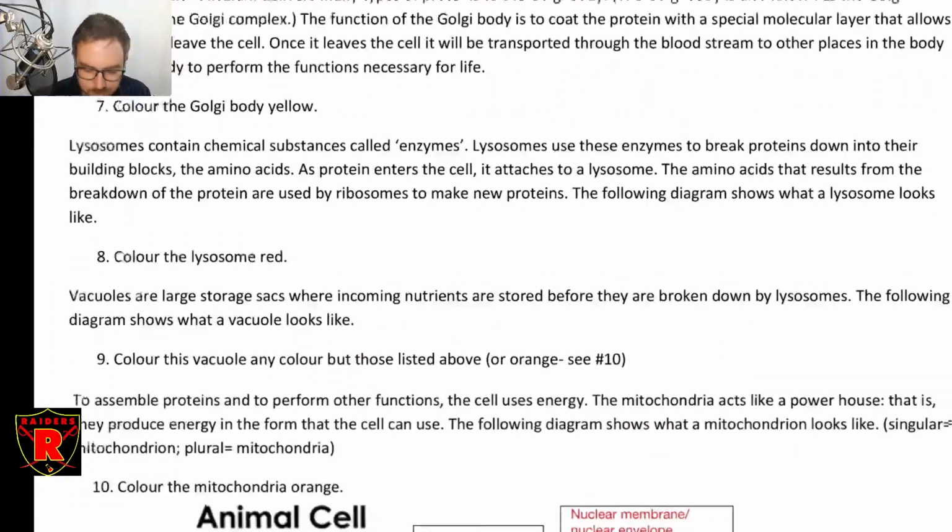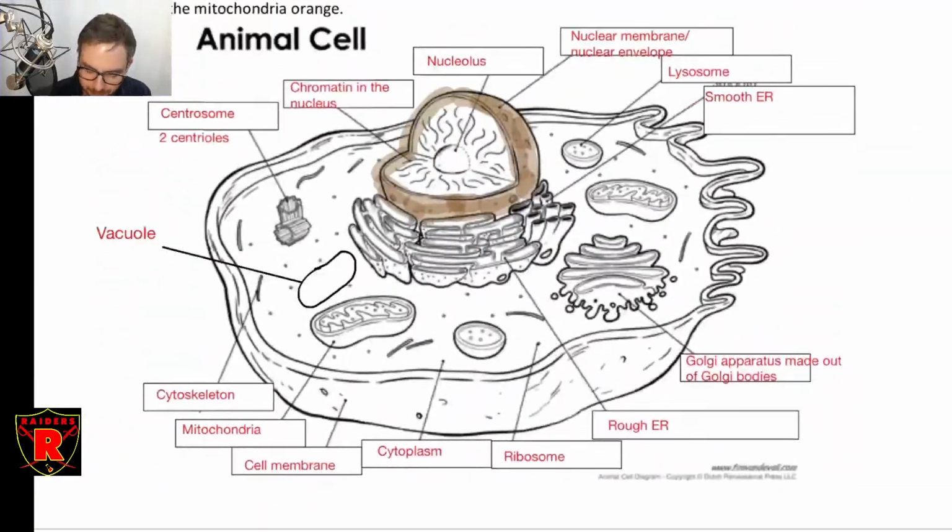So what you're going to do is read through this, color if you want, and you are going to need to label them as well, because you do need to know what the parts roughly look like. Hopefully you learned this in grade 10. And you do need to know their function, because later on, as we go through this process of transcription and translation, I'm going to refer to these all the time. The expectation is you have some idea of what I'm talking about when I refer to them: where they're located, what they look like, relatively. You don't need in-depth knowledge of each, but you need to know the general function.